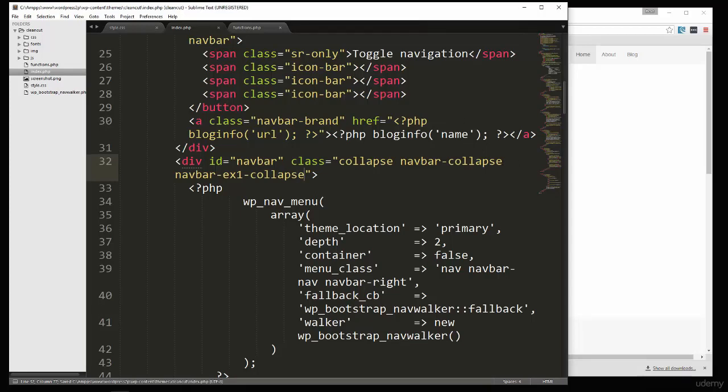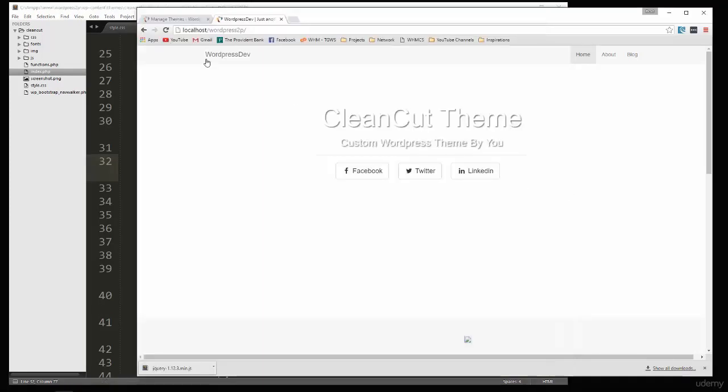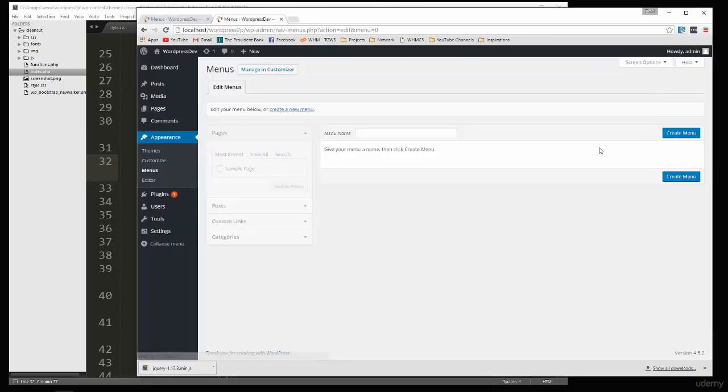Save. Now if we go back and reload, we get this add a menu link because we don't currently have a menu here, so we're going to click that and click on create menu. We'll just call it main menu,